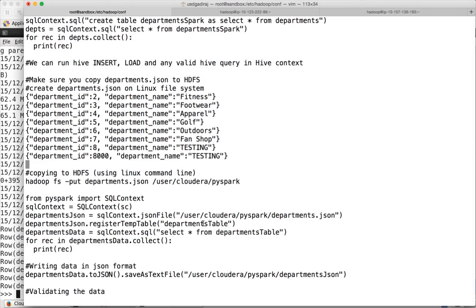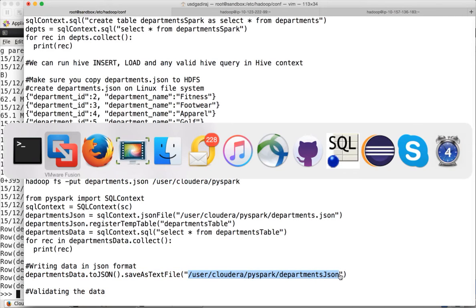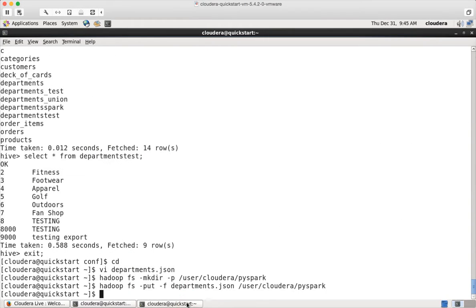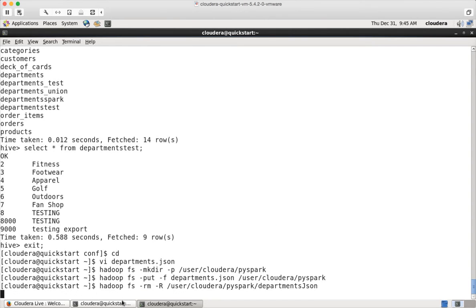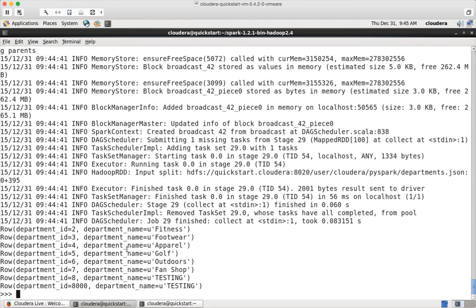And then if you want to save as JSON, you can read the data from the collection and then apply toJSON function and then save as text file, and it will save as the JSON file. So let me do this. I am deleting this location if it already exists. hadoop fs -rm -R, paste and hit enter. And now what I can do is